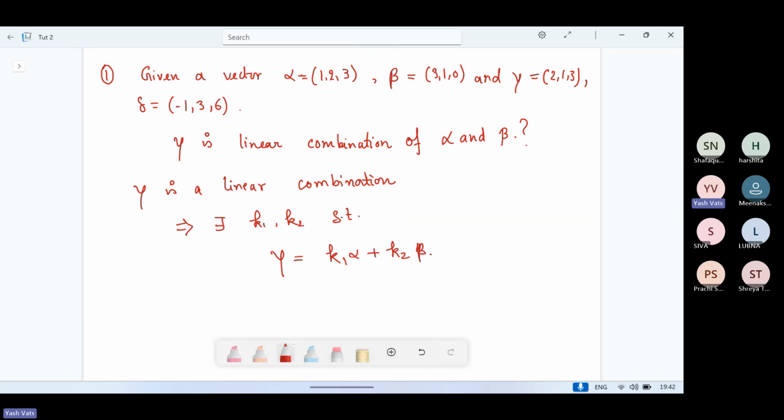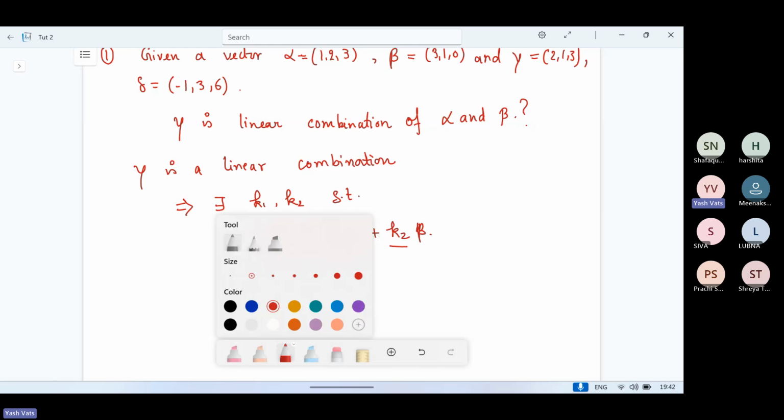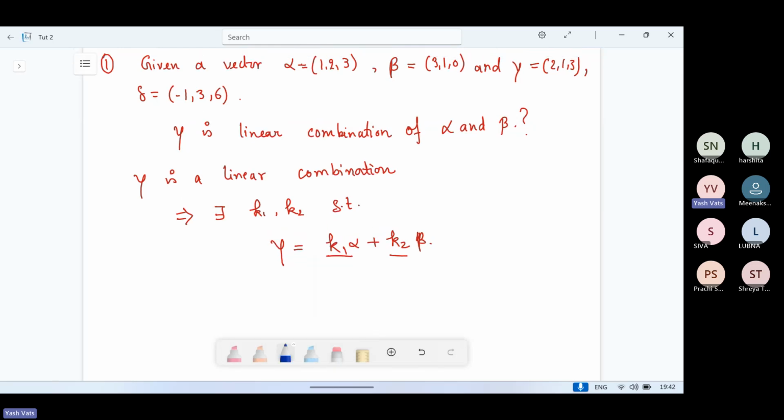So this is what gamma is. So you have to find what is k1 and what is k2 to find the solution. So just find out. Gamma is 2, 1, 3. So just substitute the values of